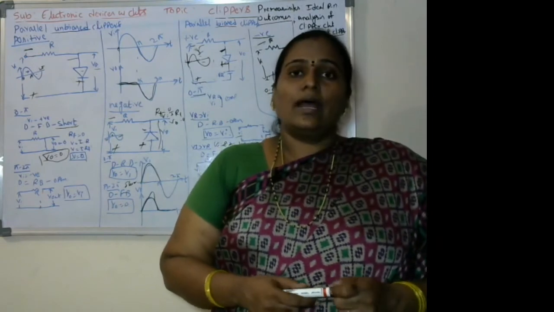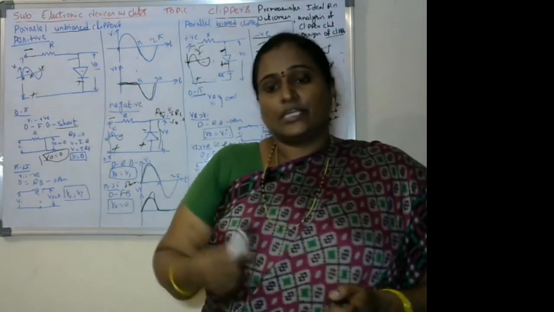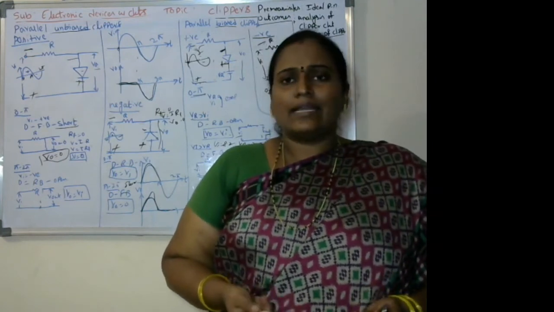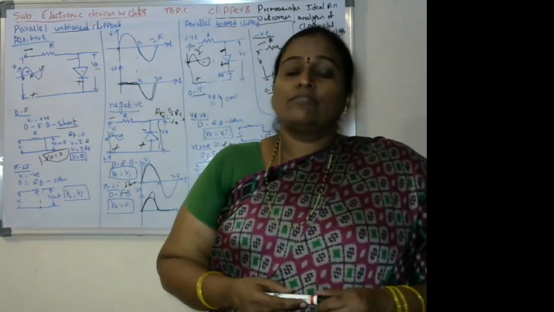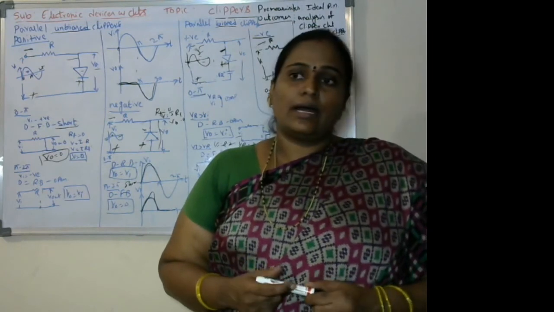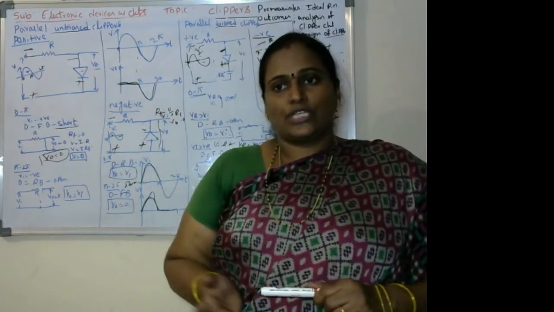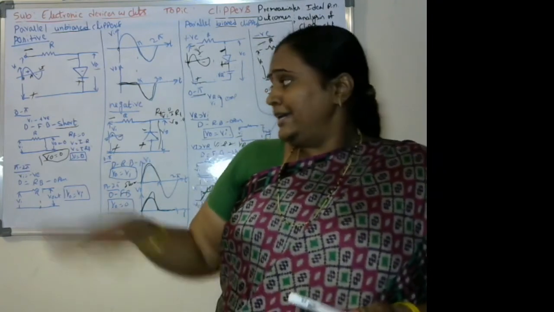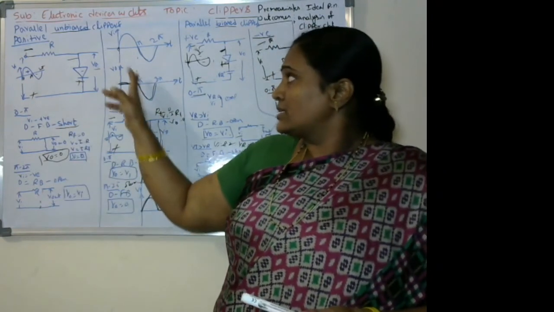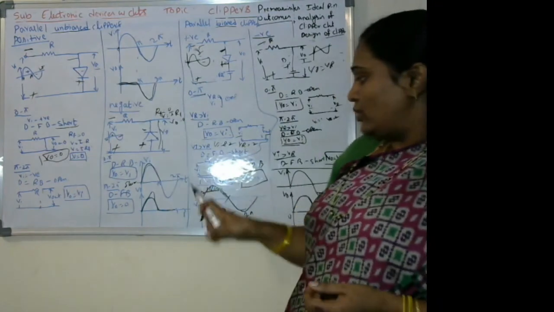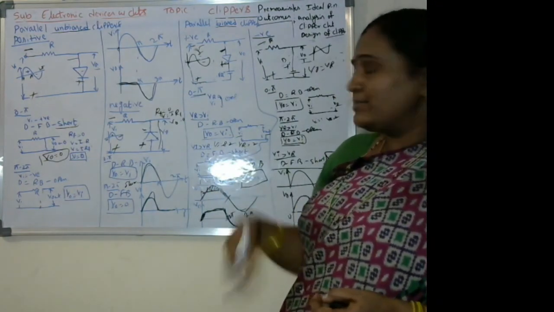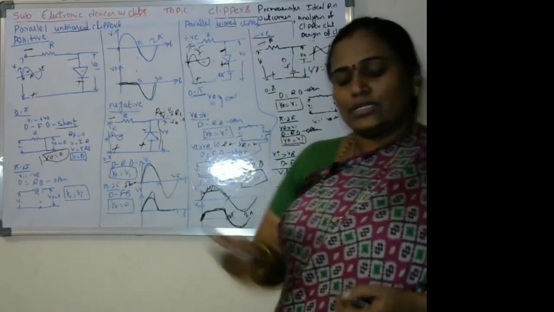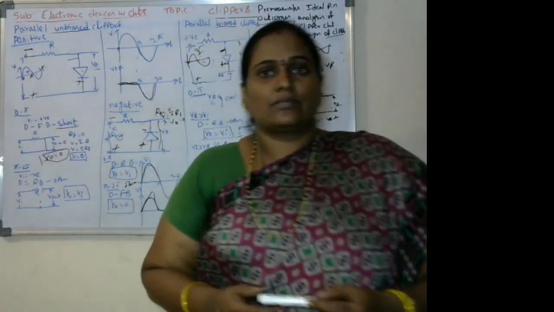So proper choice of reference voltages and input voltages is also important in clippers. Since it acts like a wave shaping circuit, we have to choose the proper voltage values in order to shape the waves. And another application we have already discussed: it reduces over voltages. In this case, it reduces the over voltage greater than 2 volts, but the diode has to be used in parallel. That's it. Over voltage can be reduced. These are the 2 major applications of clippers. Thank you.